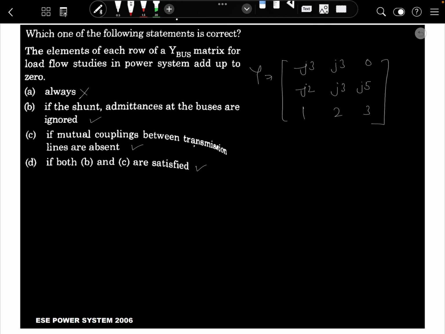So if we consider now here, the sum becomes 0,